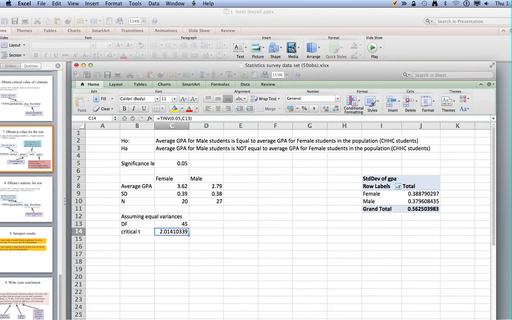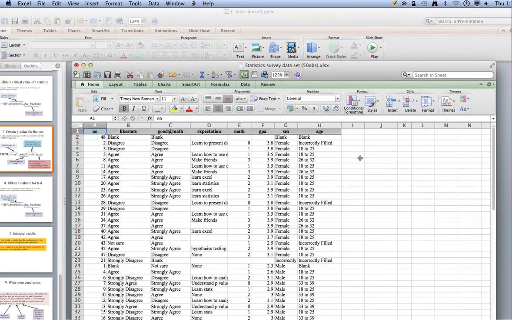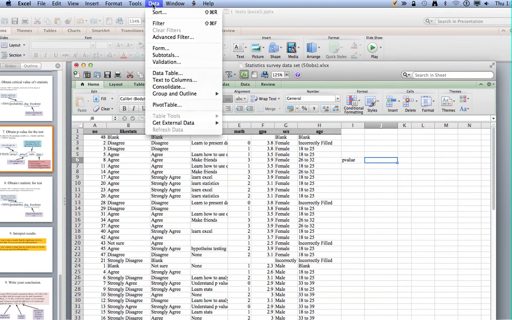All right, so let's go to Excel, and I'm going to leave a space here for the p-value. I'm going to have to go back to the data and perform the t-test there. So I'm going to write down the p-value here, and I'm going to put the function here. But notice first that the data is sorted by gender. I already did this in the previous video. I sorted the data using the Data and Sort tool. So now I can write the